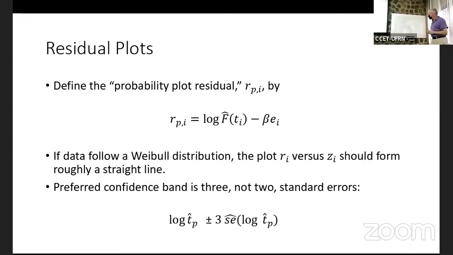Why is this valuable to me? It's not valuable for me for this plot. It's valuable for me because now I've got a basis. I can come up with a way of scaling these things so that they've got interpretation. What do we know about maximum likelihood estimates? Asymptotically, they should be following a normal distribution. So if we properly standardize these probability plot residuals, I can get them on a scale where I can determine size based off a standard normal distribution.